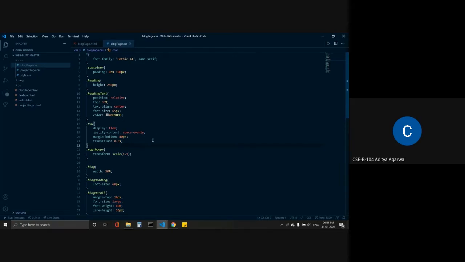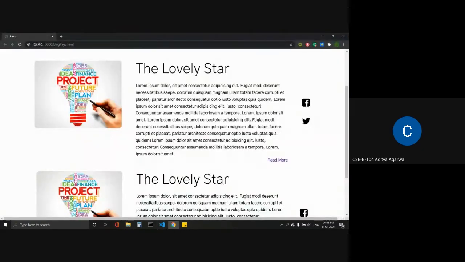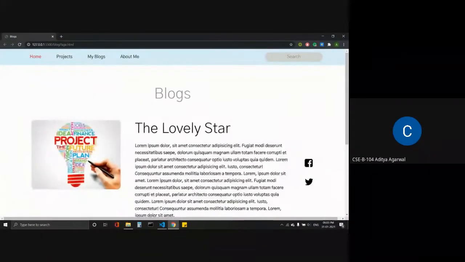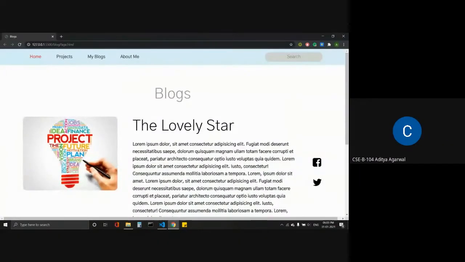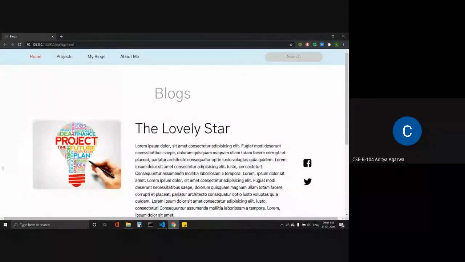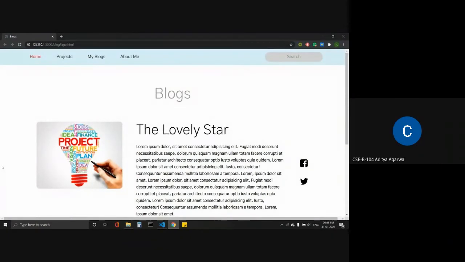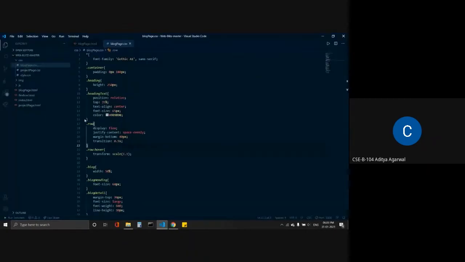You can see that when we hover our mouse cursor on the row, the row enlarges, the row scales up. There is a CSS property of hover. We can apply it on any of the sections, on any selector.